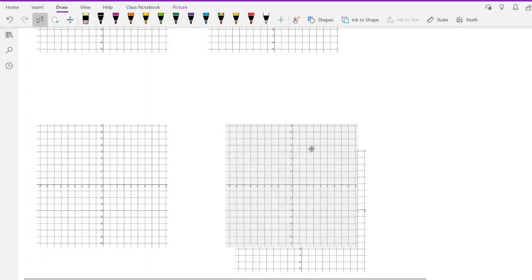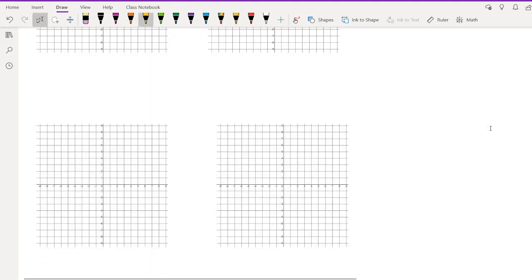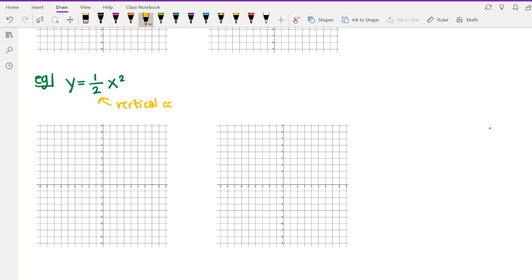Okay, one more I want to do. So let's graph y is equal to 1/2 x². So what's that one going to look like? Well, this one is going to have a vertical compression by 1/2. So instead of having the points that it had before, each of those points is going to be